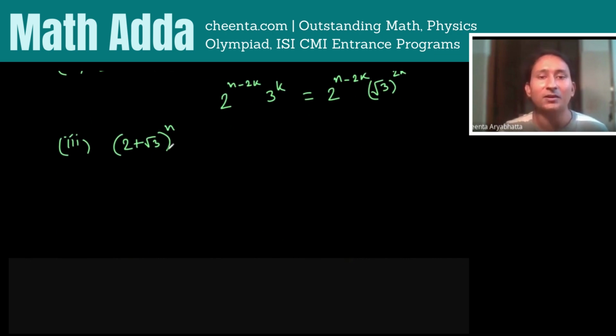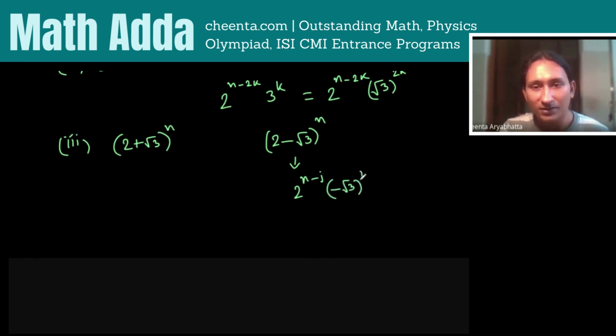What you do is you compare this with the expansions of 2 plus root 3 power n and 2 minus root 3 power n. Now, when you expand this second power here, you get things like 2 power n minus j times minus root 3 power j. Now, when j is odd, there is a negative sign in front of this. So if we add these two, all the odd terms are going to be cancelled, and there will be a factor of 2 in front of the even terms. So this actually gives us